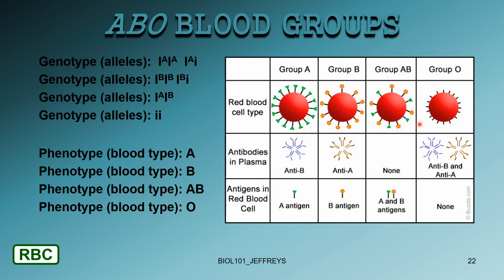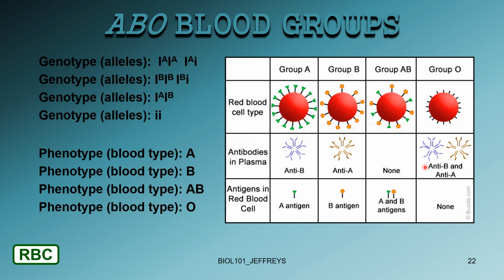Now, if you have blood type O, which is the rarest because this is 2 copies of O, OO, or little i, you have no antigens on the surface of your red blood cells. No antigens, and by the way, you can only receive blood from another blood type O person